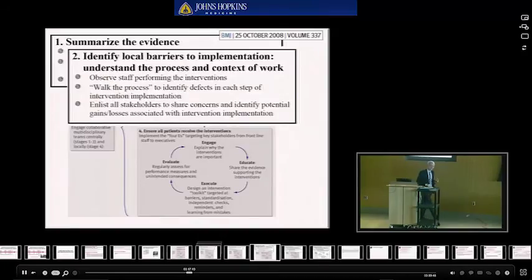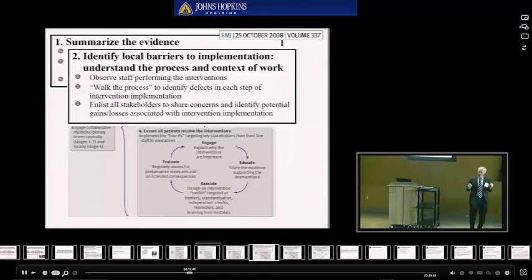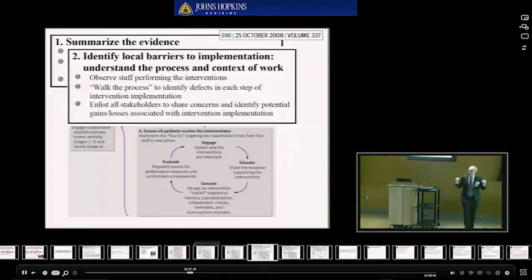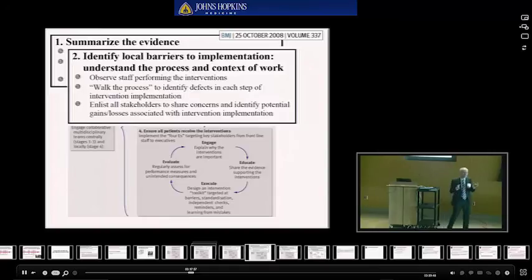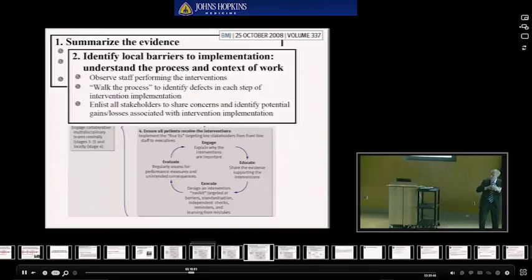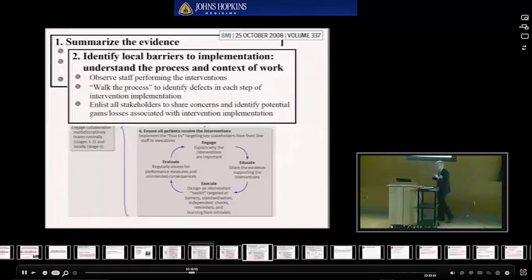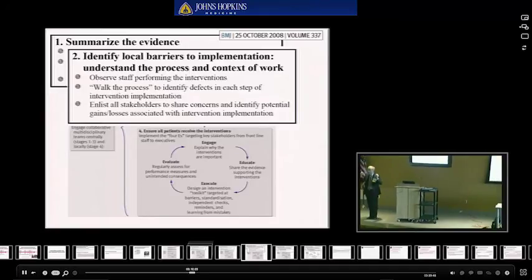But this next step, understanding the barriers, we can't do for you. I don't know what the barriers are in your own setting back home. I can tell you the barriers here, and we will share many common barriers, so you will get a number of tools that you can take home, but that doesn't stop you from needing to go back to your home institution and systematically, with your multidisciplinary team, talking about what are the barriers to doing it here. And how do you do this so-called barrier assessment?